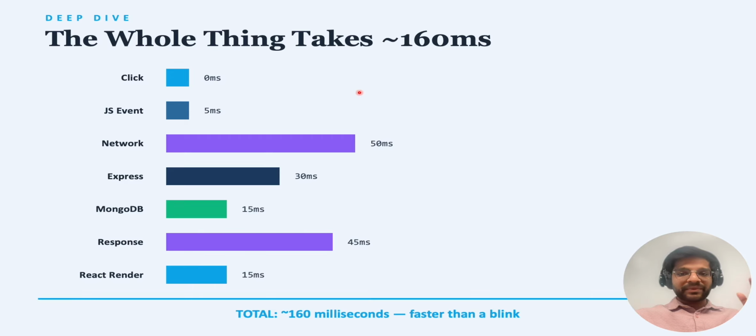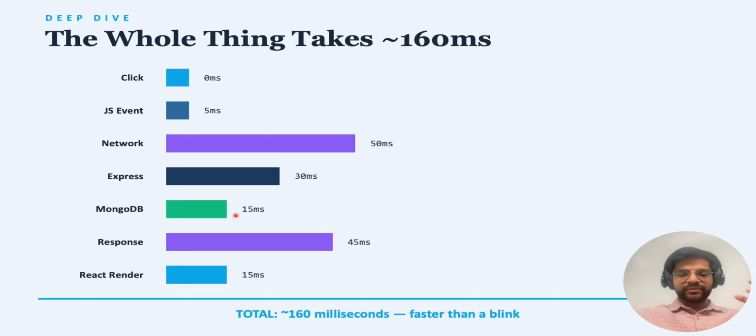So the most amazing part is how fast this is. It gives you an estimate of how much time it takes. The click itself takes 0 milliseconds. As soon as that happens, the JavaScript event fires in about 5 milliseconds. Then we have the network, which is the biggest chunk, about 50 milliseconds, for the request to travel to the server. Then Express takes about 30 milliseconds to route, authenticate and validate it,